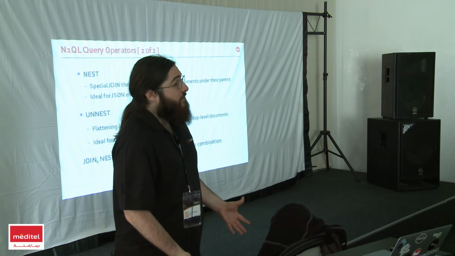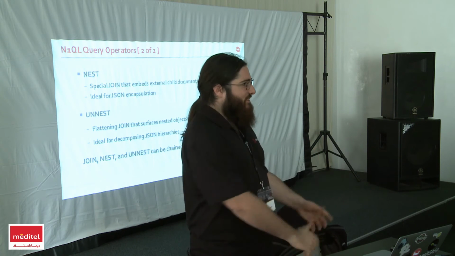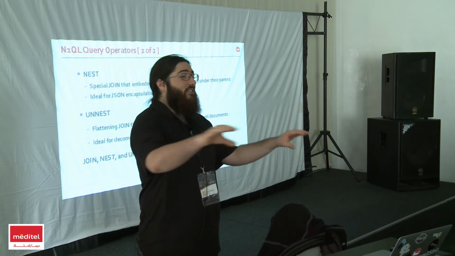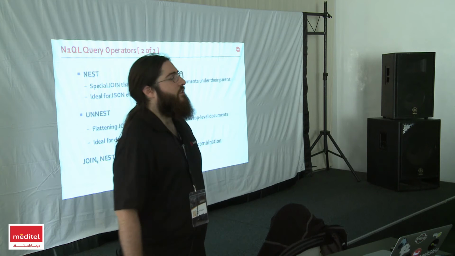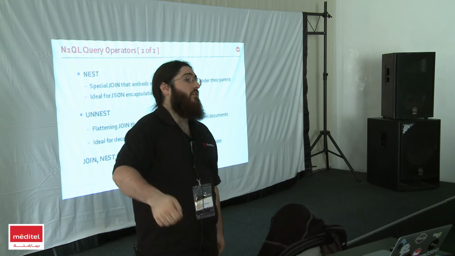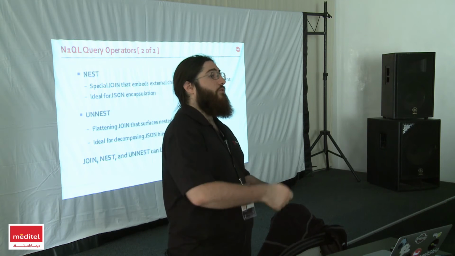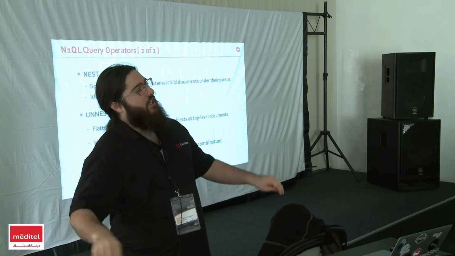In a JSON document, you could have arrays, objects, arrays of objects, objects of arrays of objects, all these things. So if you have an array, for instance, that you want to flatten, you can use the unnest keyword, which will flatten that array and allows you to do a join based on that array. Like if I go back to my product view array, I would have an array of IDs, so I could unnest that array and have a simple